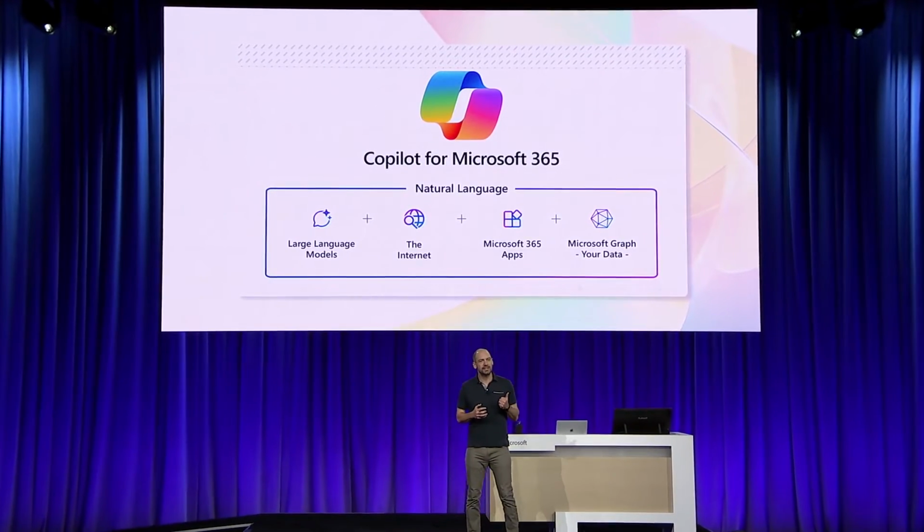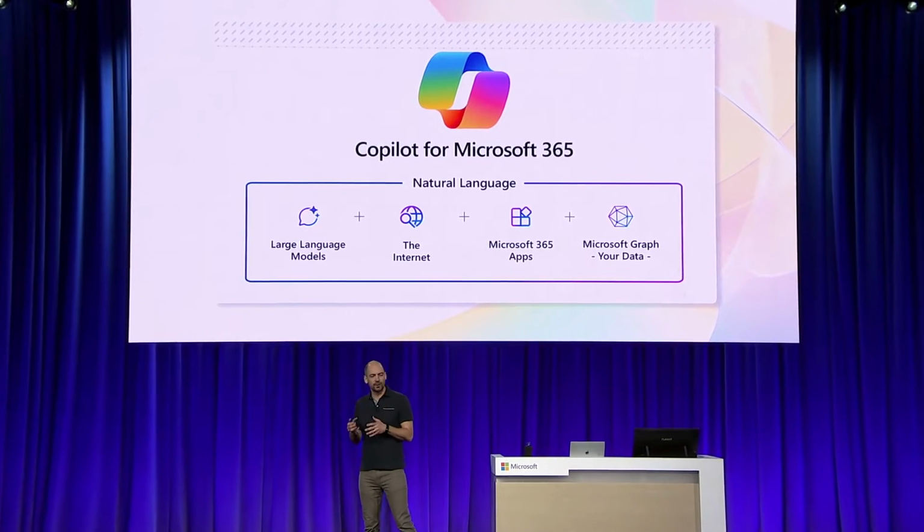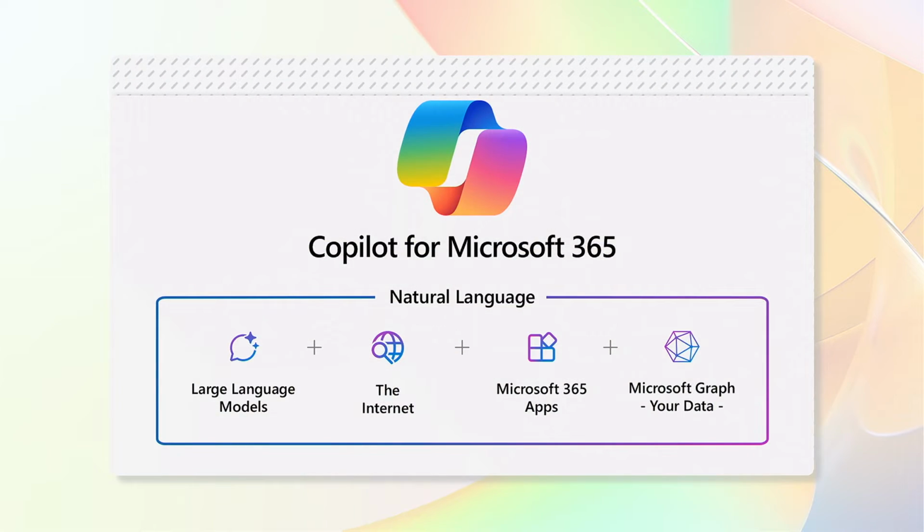Copilot for Microsoft 365 creates all this out of the box by combining the power of large language models with the information from the public internet and the context and commands from the Microsoft 365 apps that you use every day, and grounds the whole process in your organization's data stored in the Microsoft Graph. We've talked about that term a lot, grounding. Let's take a minute before we dive into extensibility and how your apps and data come into this picture to talk about grounding. And we'll use a quick out-of-the-box example.